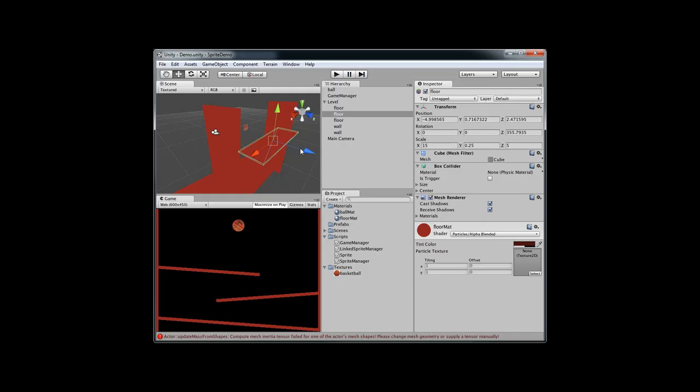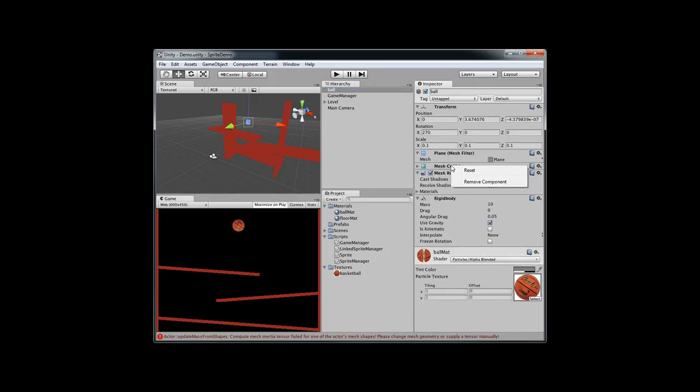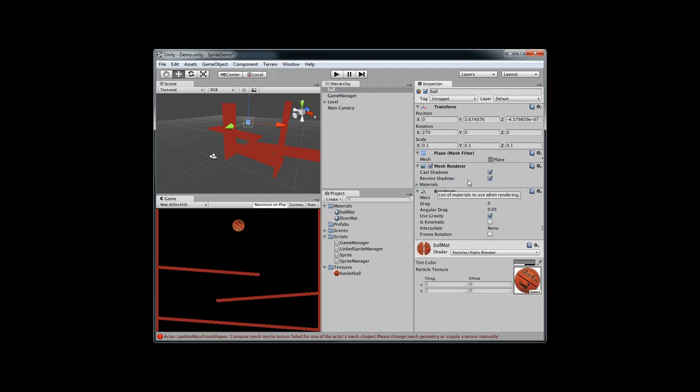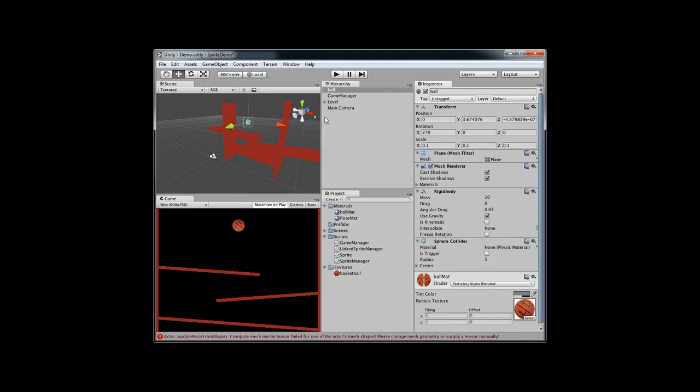So to fix that, let's go through here. I'm going to take the ball, click on the right thing, and get rid of our mesh collider, and I'm going to remove that. I'm going to come up to component, go to physics, and add a sphere collider. Now if I zoom in here,